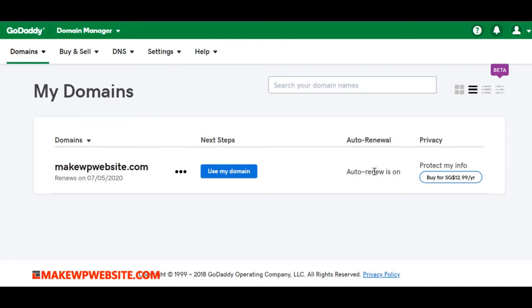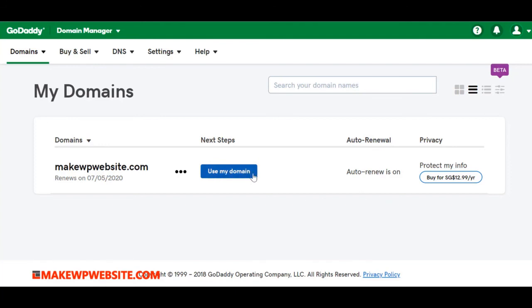Then I don't typically turn the auto renewal on those kinds of websites. Okay, so if you want to protect your domain name, as I told you previously, you don't want to show these details, right? You can go to the privacy page and then you can just buy it. So it will always ask you to buy this. It's your choice if you want to buy this or not.